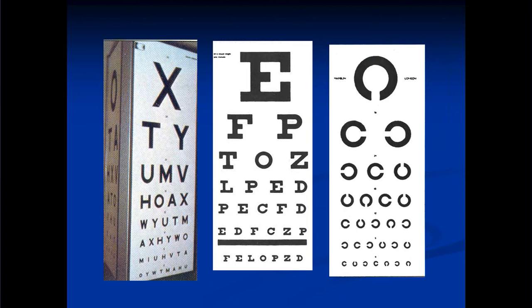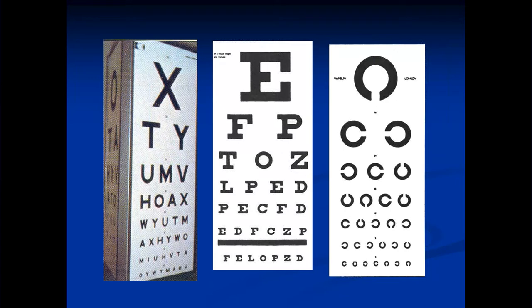This is Snellen's chart. You can see the alphabets are there, or the Landolt's ring or C-shaped one for illiterate people. So this Snellen's chart is essential because we don't know what is the normal, or most of the people don't know what is the normal vision. So there must be some scientific criteria to measure the normal vision, isn't it? So this Snellen chart is designed and there are different rows.